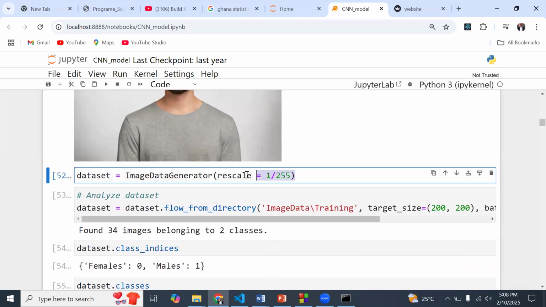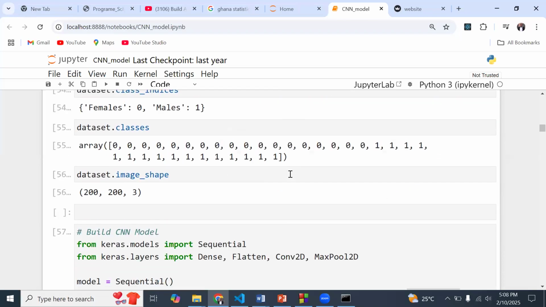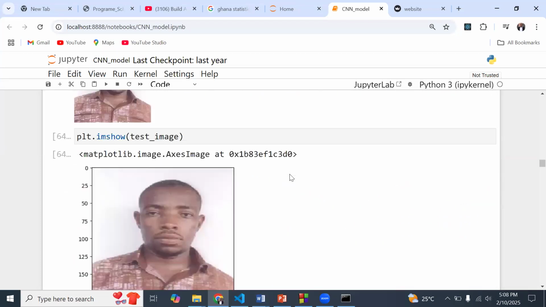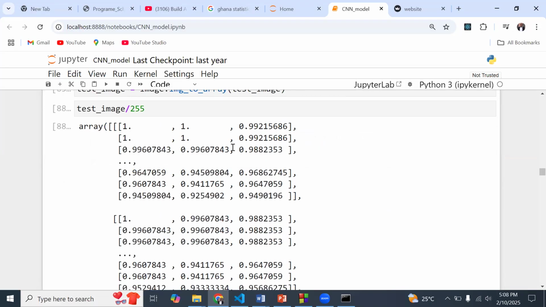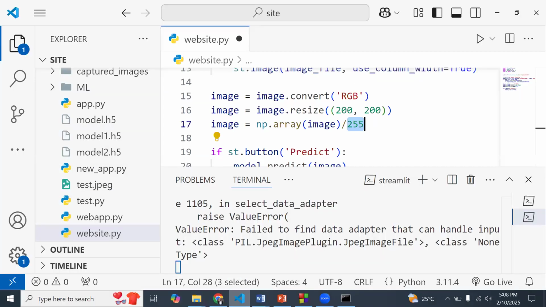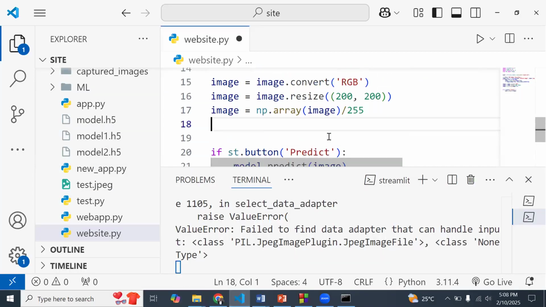Yes, you see, we rescaled things over here by dividing by 255, so that the images are scaled down. We did the same over here when we're using it for testing, so that all the things that were 255 will now become one, and the others are going to be some decimal values that we are going to work with. So with that out of the way, now we can do the resizing, sorry, not the resizing, but the dimensionality expansion.